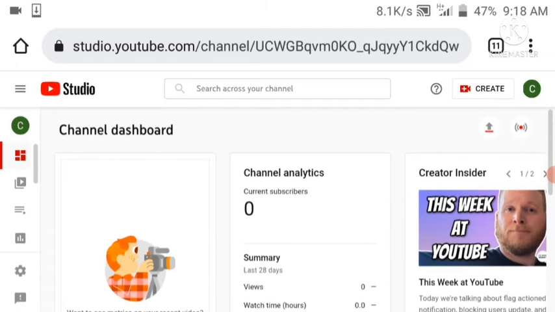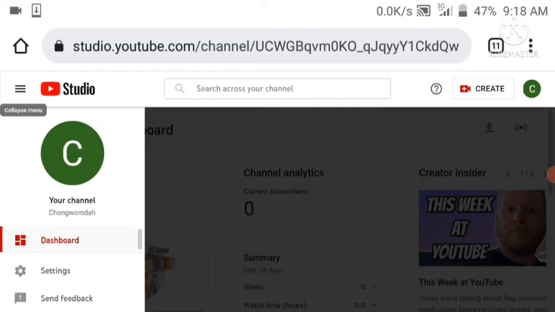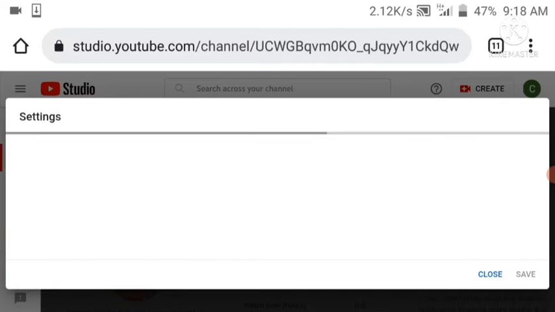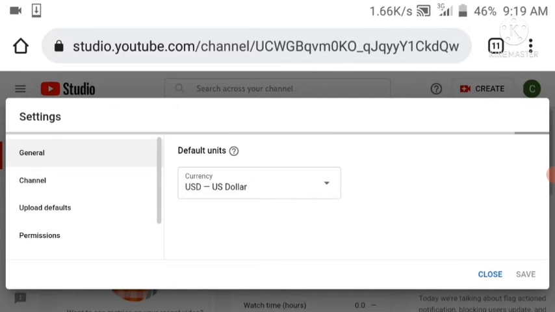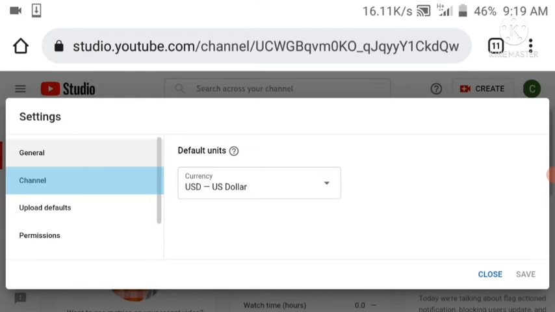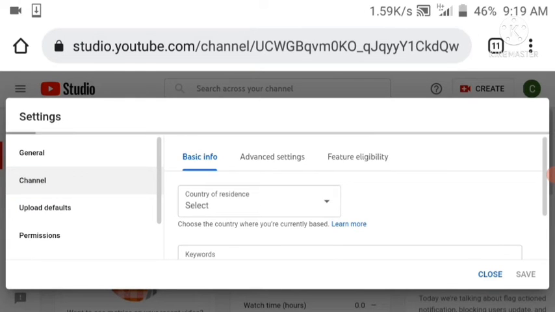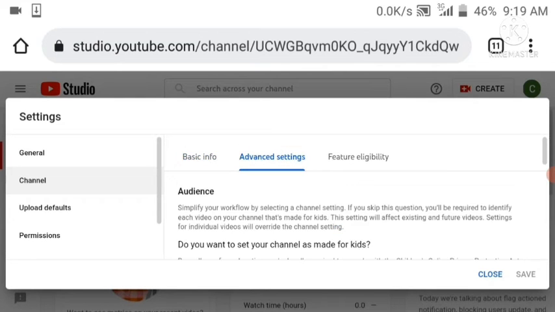So you can see right now I'm in the channel dashboard. So I'll just click on the home. So click on settings. Just have to wait for some seconds. So you can see a general channel upload default. So just click on channel. Just click on channel and basic info advanced settings. We are going to click on advanced settings. Then just scroll